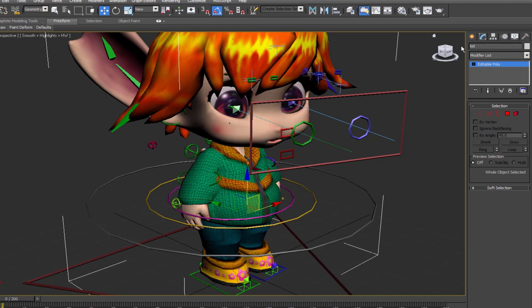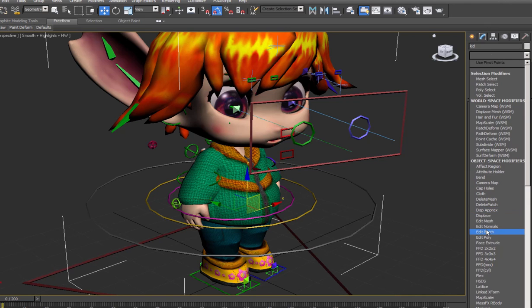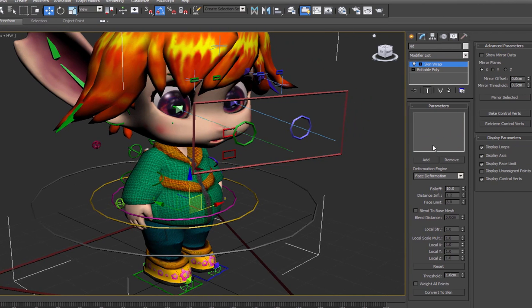The next thing we'll do is we'll add a skin wrap modifier. It's skin wrap, and actually before adding, let's set up the parameters. So I'm going to use face deformation with a falloff of 10, threshold of 1. It works for the scale of my character fairly well. You might need to play with some of these, like you might want to try vertex deformation and use a high falloff value probably, maybe turn up the distance inflation a bit, and just experiment with these values until you get something that wraps really closely. But you'll probably want something that animates so you can see that the wrapping is working.